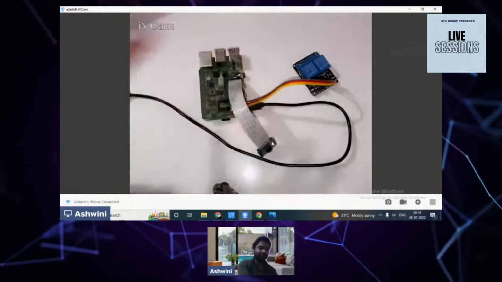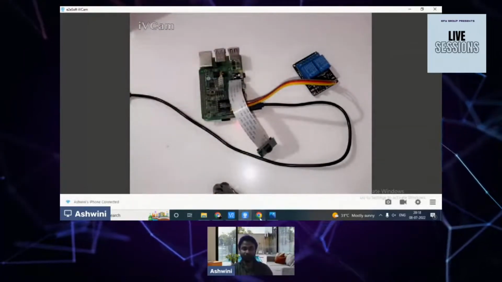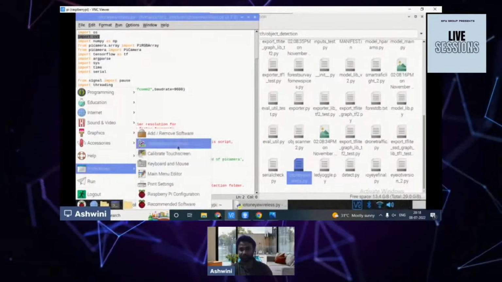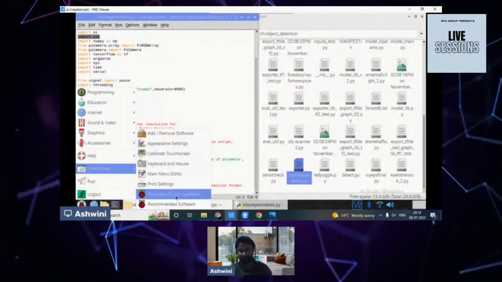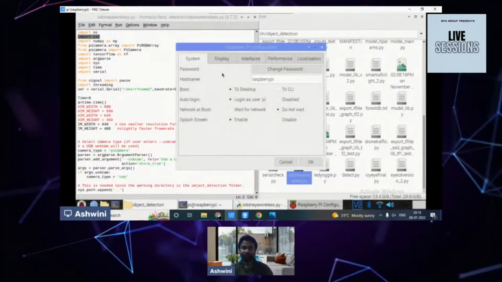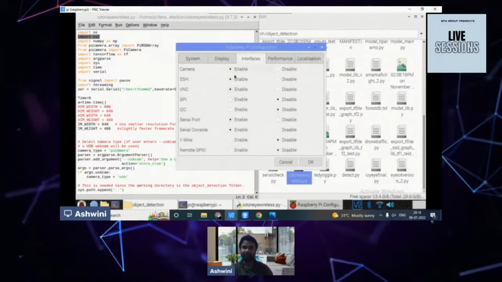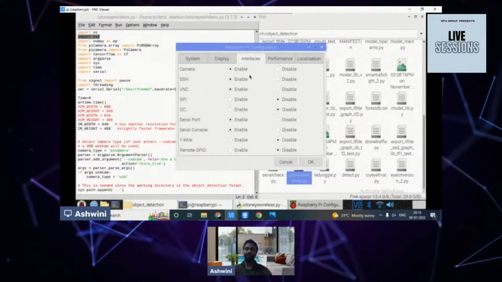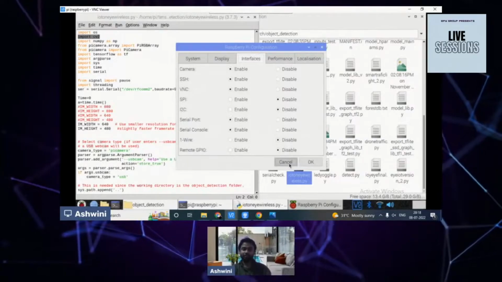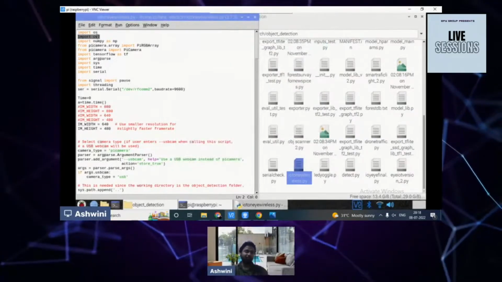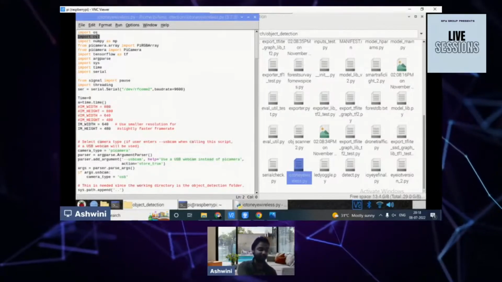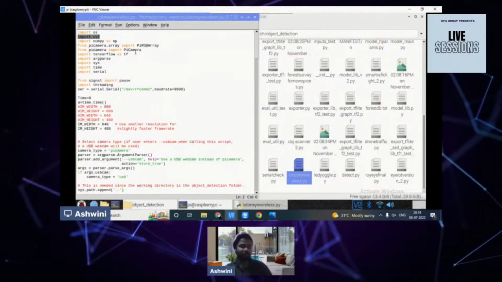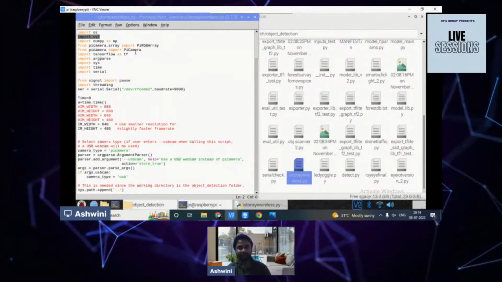After attaching this, you need to turn on the camera interface using this configuration. Go to Raspberry Pi Configuration, and in the interfaces turn on the camera interface, SSH and VNC, and whatever interface you are using for the camera. After turning this on, using OpenCV you will be able to get the video from the camera on the Raspberry Pi. You can also use any other Wi-Fi cam,